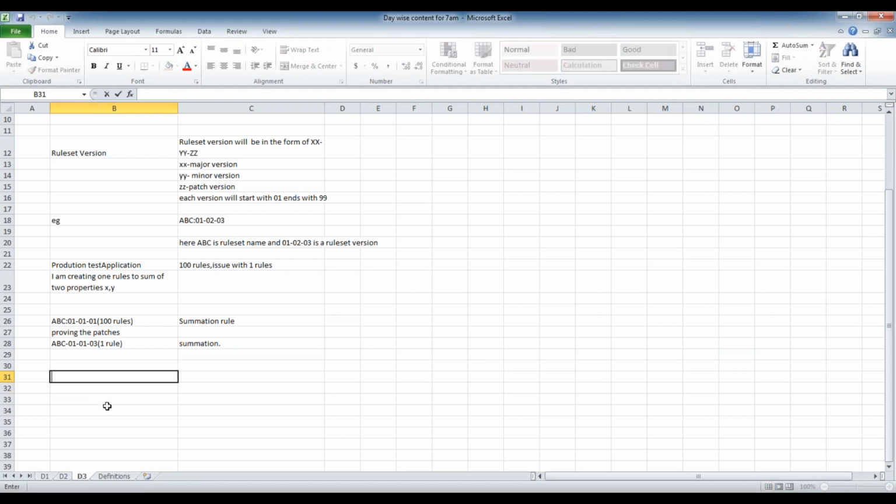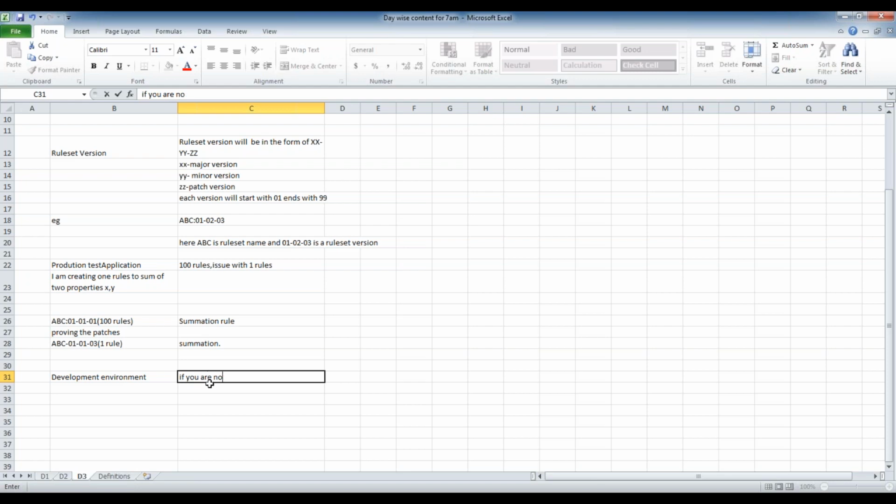So now we will see development. I recommend using versioning in the development environment also. So where do we need it? Let's take an example. I will take two scenarios.